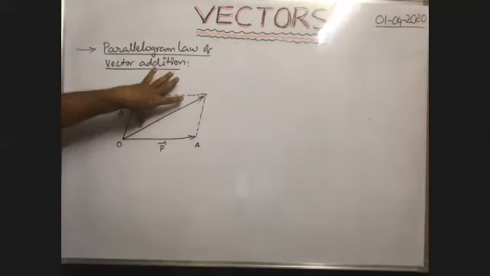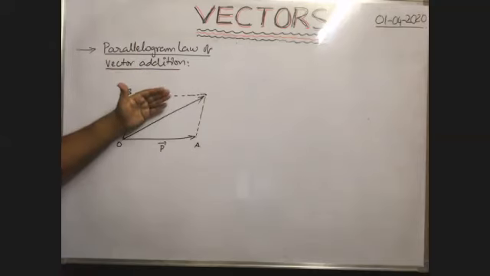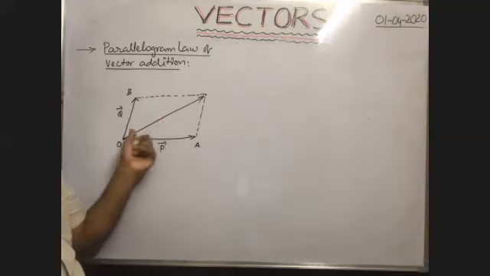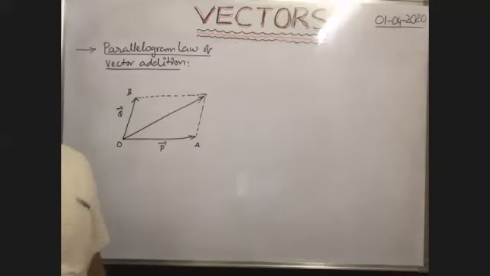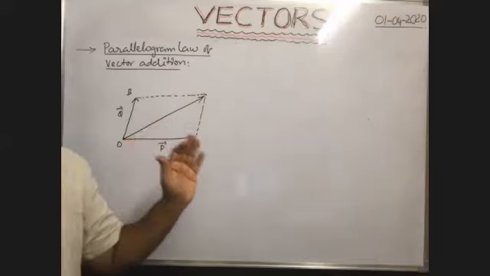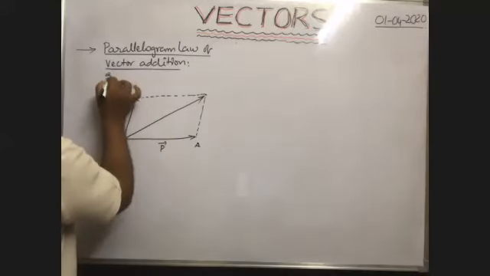This diagonal gives the magnitude of the resultant vector, and the resultant vector makes a certain angle with p bar, which is the direction. From this parallelogram we get the same angle here. That's why the diagonal of the parallelogram passing through the same point gives the resultant of the two vectors p bar and q bar, both in magnitude and direction. This is the statement of the parallelogram law of vector addition.